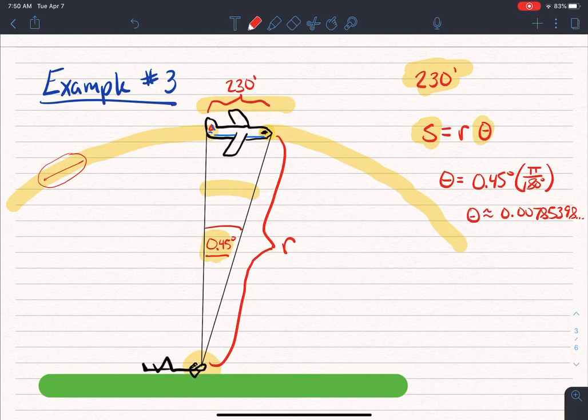And so I'm going to take this value and plug it in right there, and then I get to look for what my radius is. Another way I could look at this is to divide by theta on both sides, and say that radius is equal to arc length divided by theta. All I did was take the formula above and divide both sides by theta. And so right here, I know my arc length is 230 feet. I know that my theta is